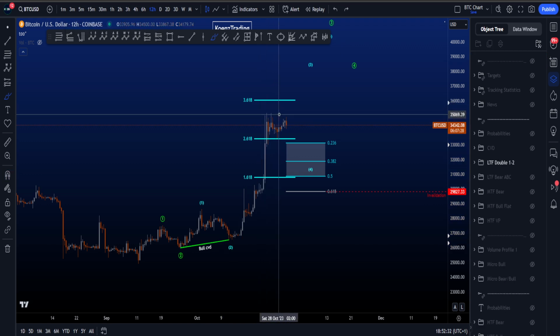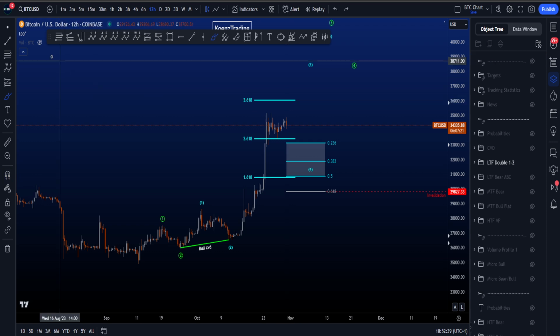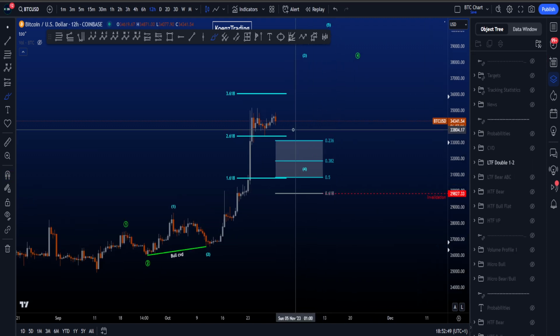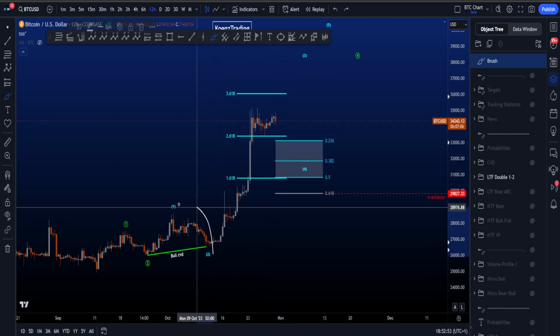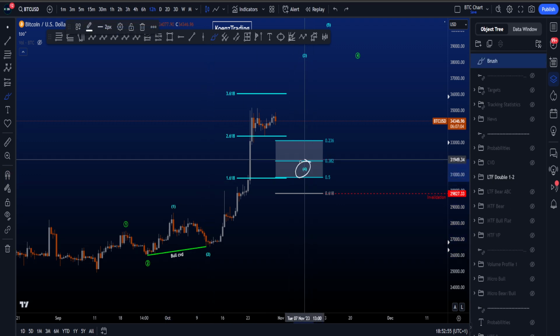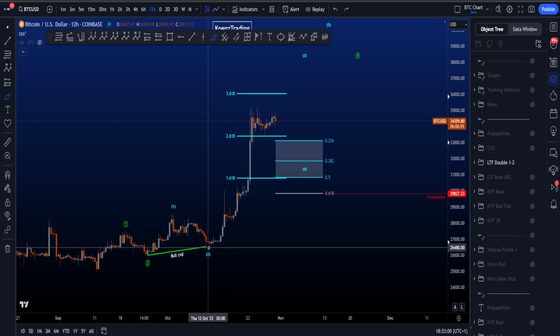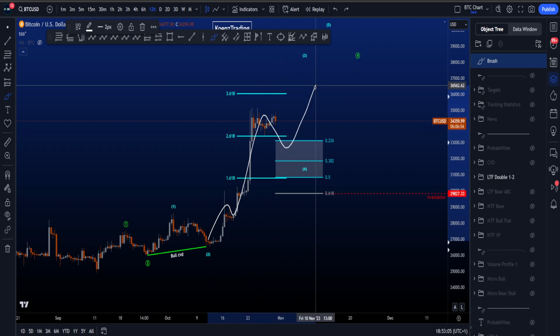However, based on the information we have so far, having the high of the blue wave 3 at the 3.618 at 36k would at the moment be preferred. But hey, if price moves down, then at least we know what to look for. And if price moves down over here to the 0.618, the bullish scenario is invalidated. Again, it can, by the way, move down, but if the correction is shorter than this wave 2 in time, probabilities are lower. It's a wave 4 of the same degree, and it might be a wave 4 of this potential wave 2, and then a 1, 2, 3, 4, 1, 2, 3, then 4, and eventually a wave 5